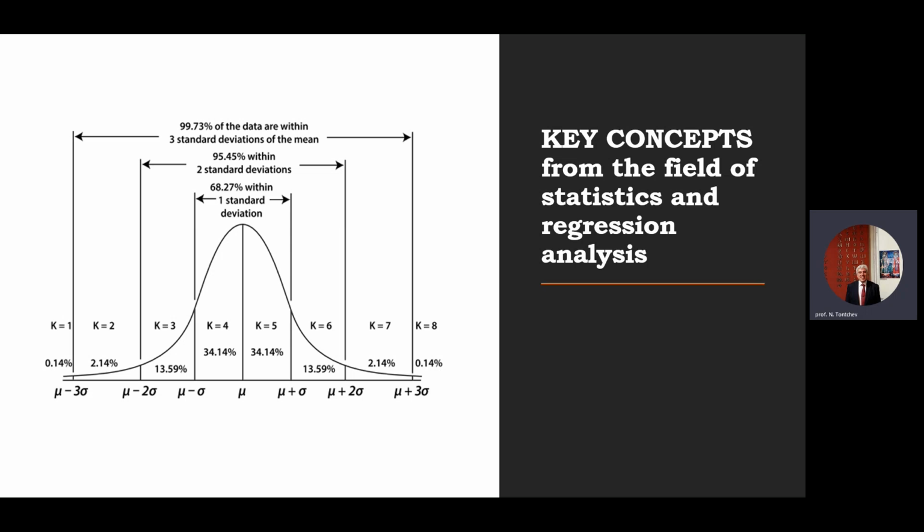Thus, the chance of a distribution value falling within the range of the interval k equals 5 is about 34%. Given that, the chance is roughly doubled to find the value in the range which spans the intervals k equals 4 and 5, and the chances rise to approximately 95% and above 99% for the value to fall within 2 and 3 standard deviations.